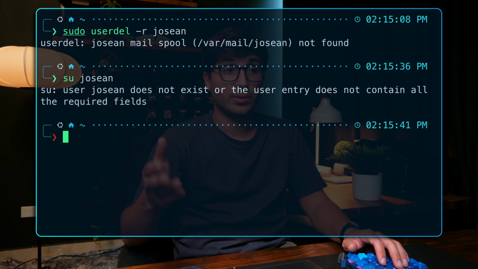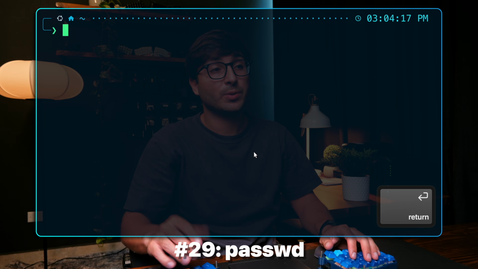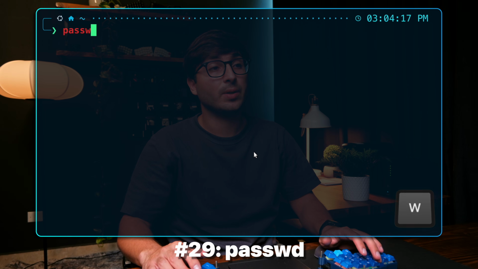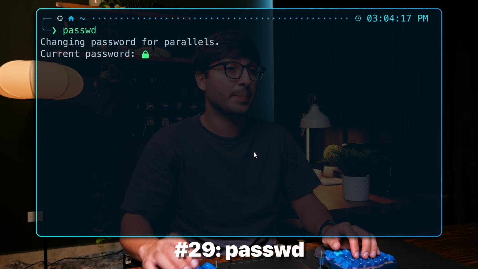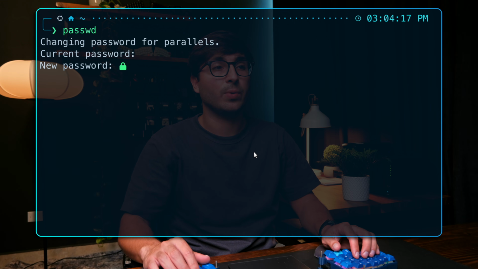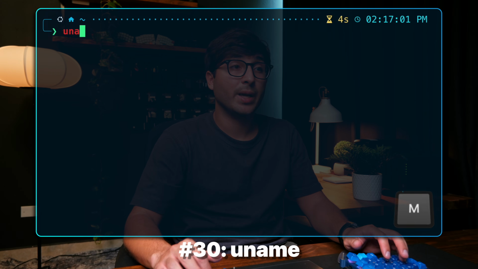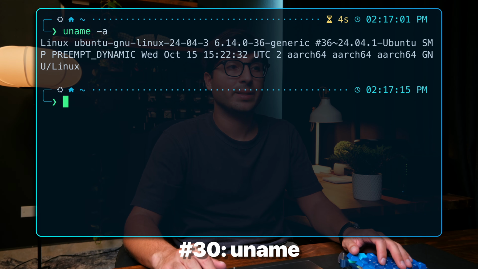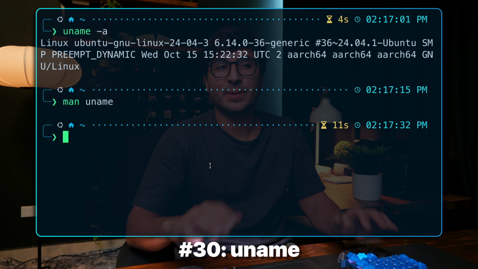As you can see, the user no longer exists. To change your user's password, you can use passwd, then you'll need to enter your current password and then provide a new one. You can use uname followed by -a to see information about your system, but there's much better